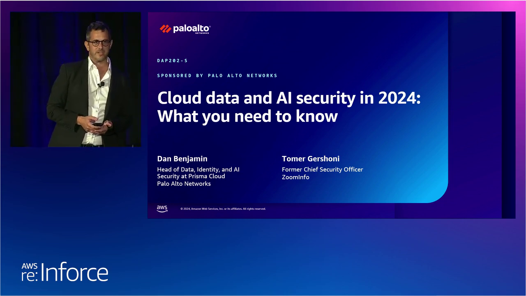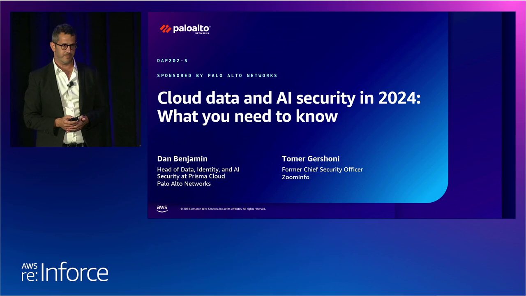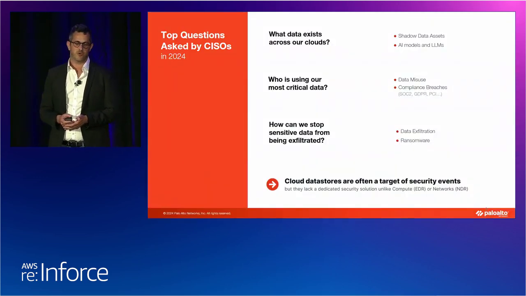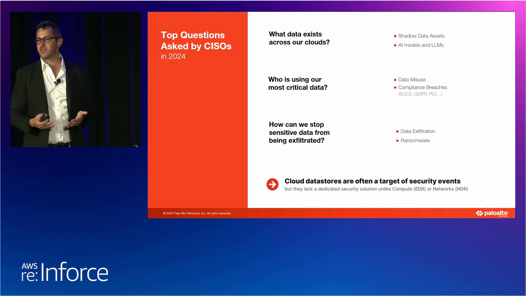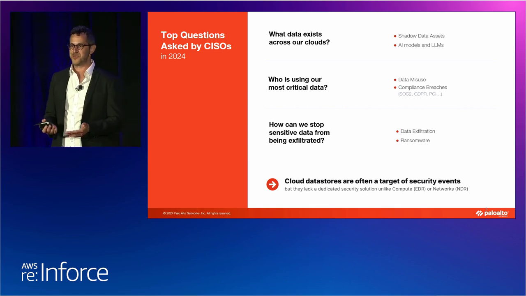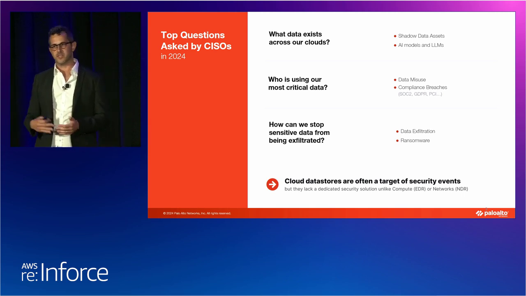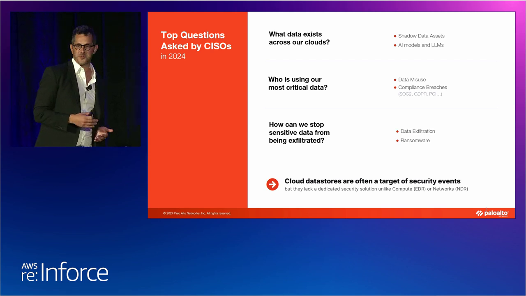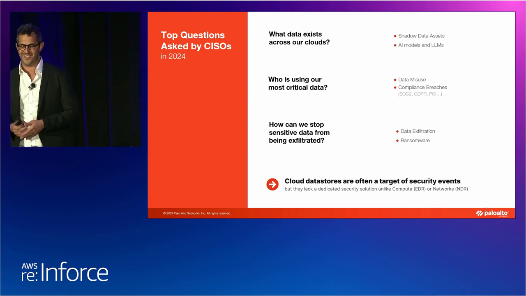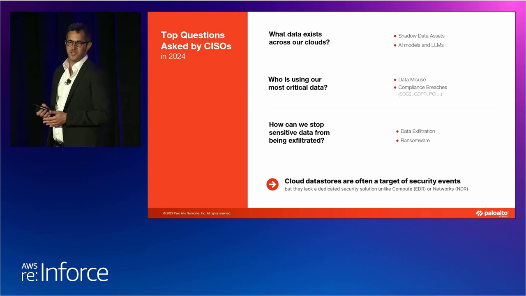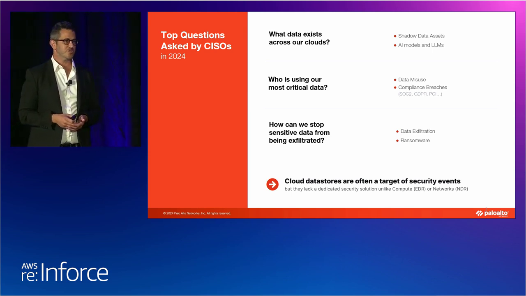So when we started Dig Security, now Prisma Cloud DSPM, all customers kept asking us the same exact questions. First off, of course, what data even exists across our environments? Sounds like a simple question, right? But 90% of all organizations today still can't answer the first question here. What data exists across my AWS, Azure, GCP, Snowflake, on-prem, SaaS, right? Second, of course, how is that data being used? Which applications, users, vendors, machines are touching which pieces of data?